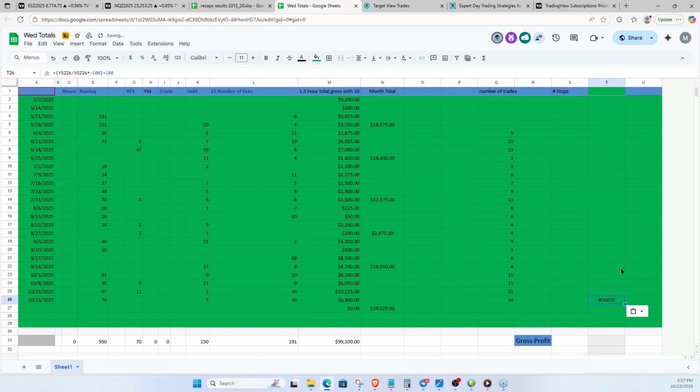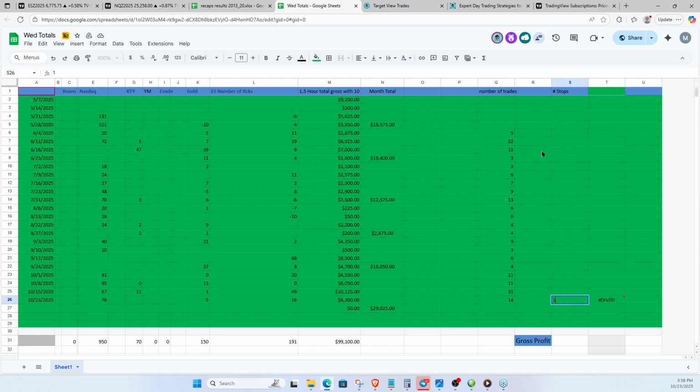Paste that there, but it's not going to be Y. It's going to be Q and S. This will be S. This will be Q. Okay. Is that right? S and Q.